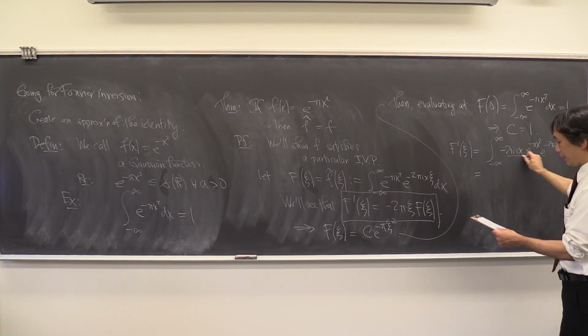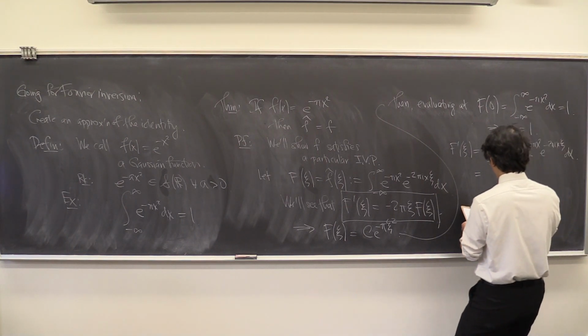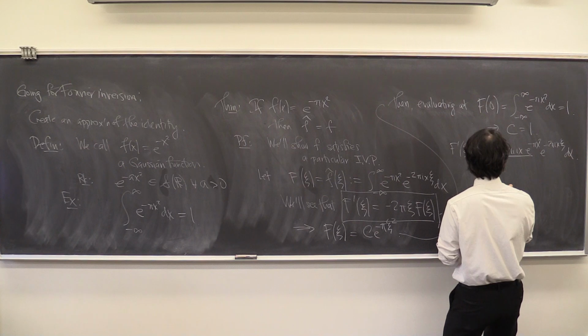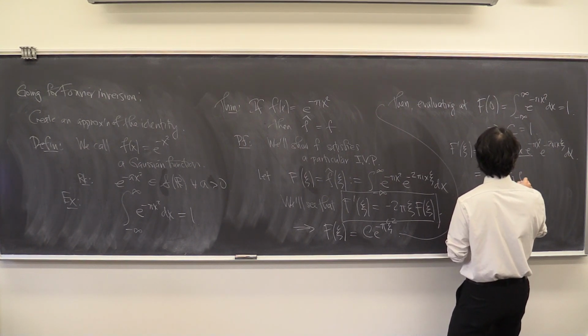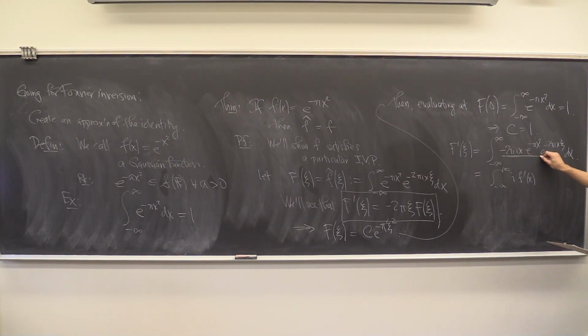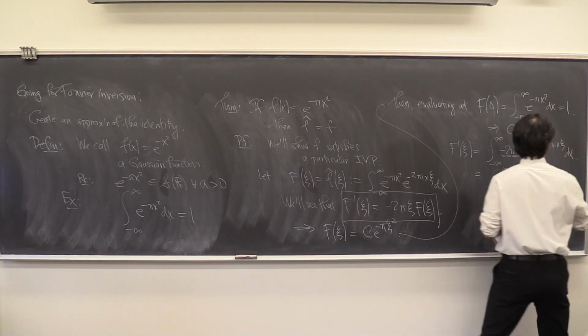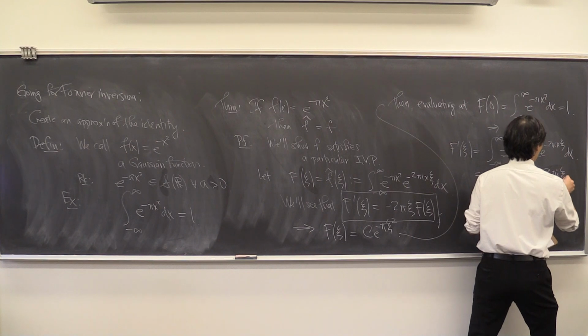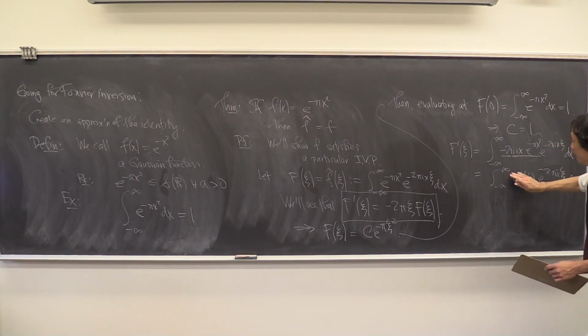But this thing here is i times f prime, right? Because this is f, and when you differentiate it, you get the negative 2 pi x. So you get i times f prime of x times e to the negative 2 pi i x xi dx. So you pull the i out,